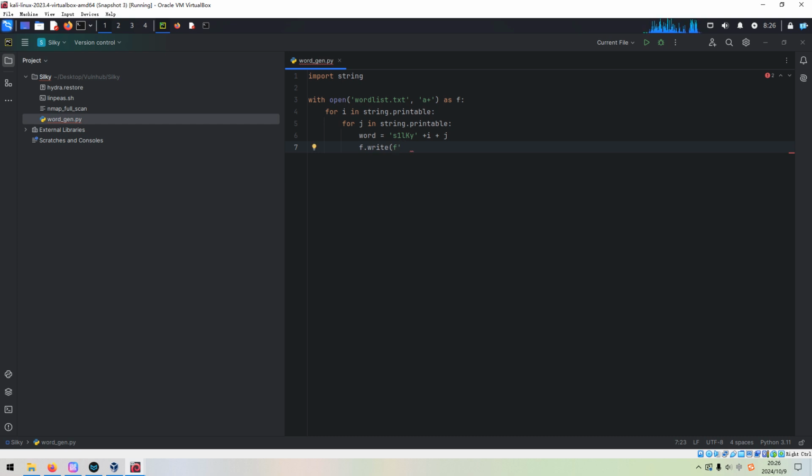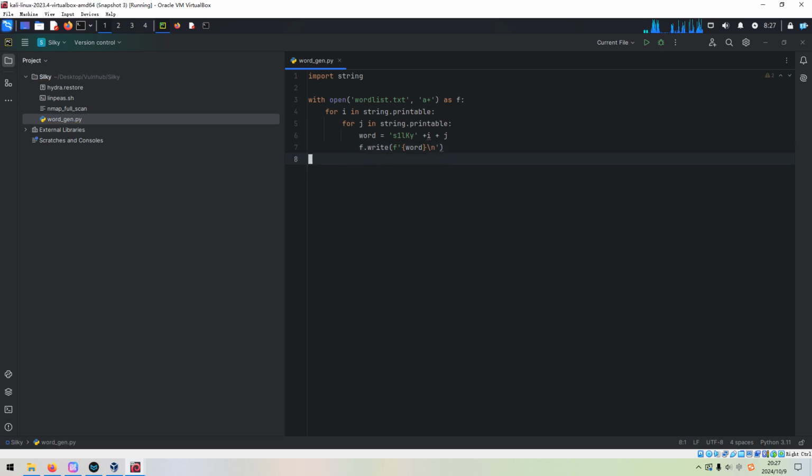So what's the problem here? Word, and the separator.